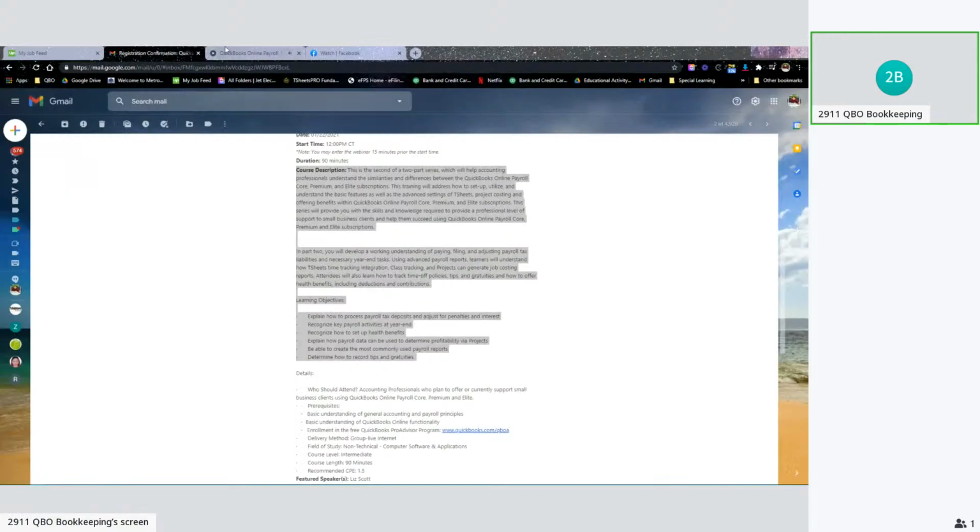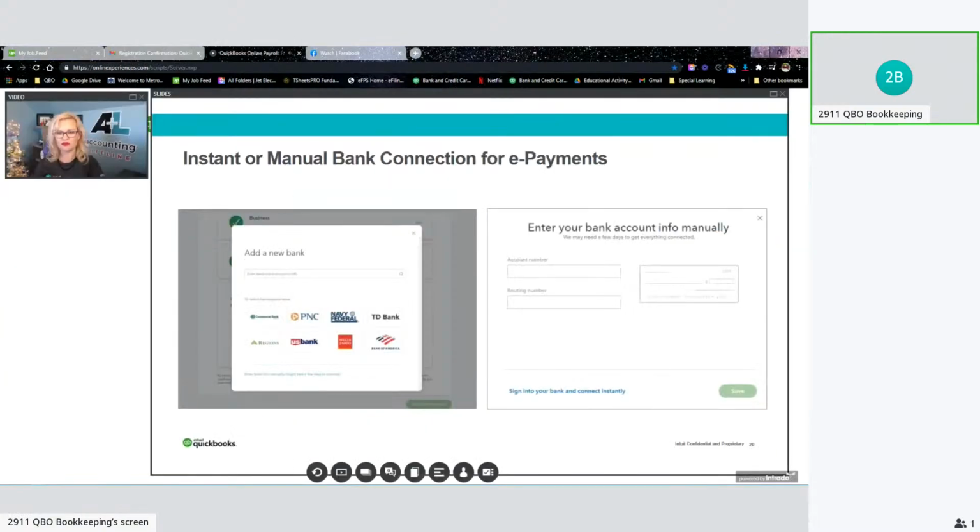Your payroll liabilities. So the same steps are true. So if you've already set up your bank account, then great, you can move on. If you haven't, if you decided that you just wanted to do paper check, then now is your time to go ahead and set up the banking information so that way you can do the easiest thing possible, which are